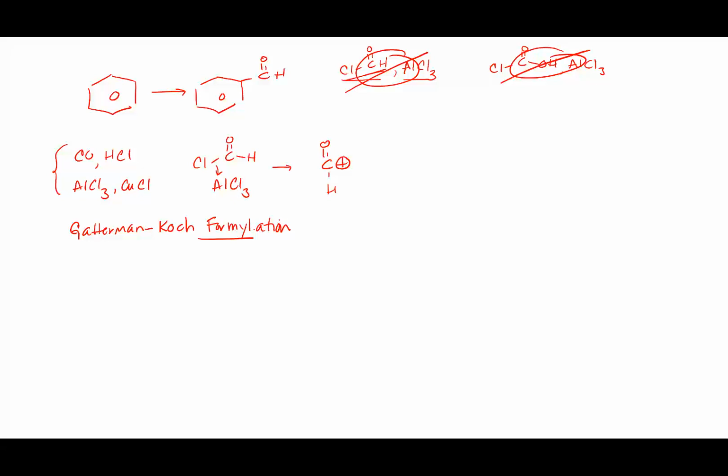But again, it's the ability to make benzaldehyde from benzene directly. And it's probably, with carbon monoxide, done on an industrial-sized basis, but it is a good way that we can make benzaldehyde directly. Because right now we don't necessarily have that method, although there's a way around it. Okay, so that's one of the first reactions that you can do to add a group directly